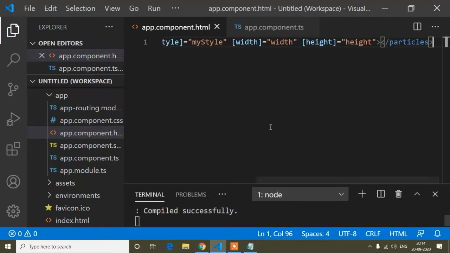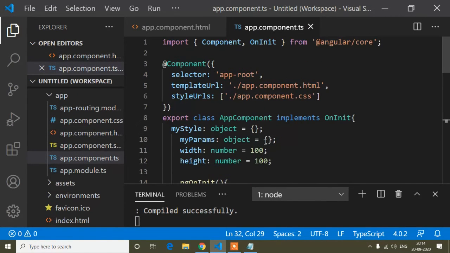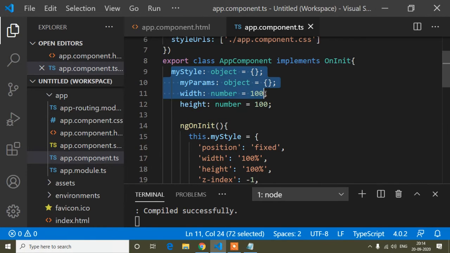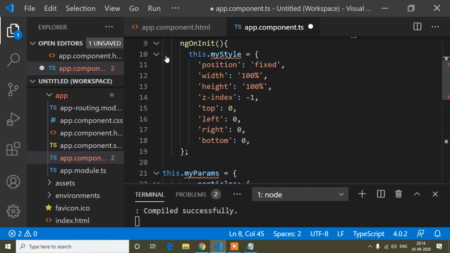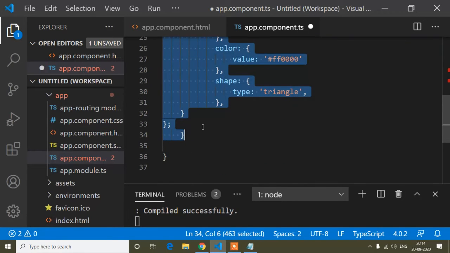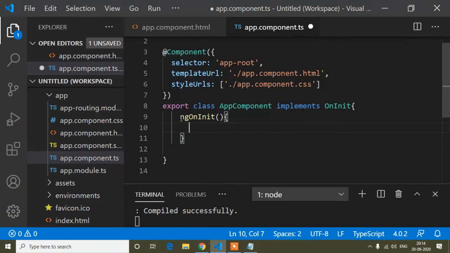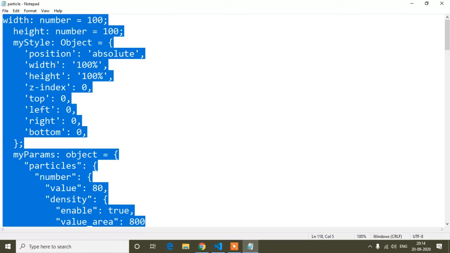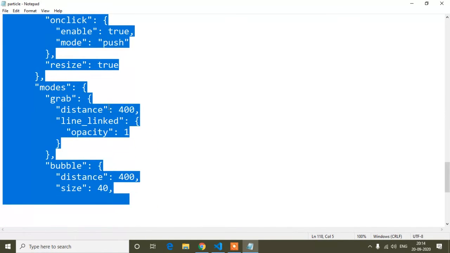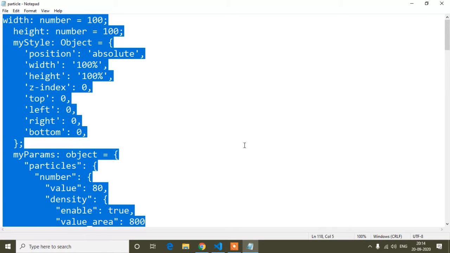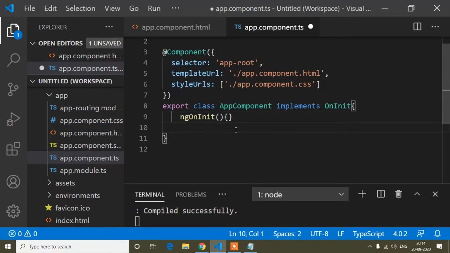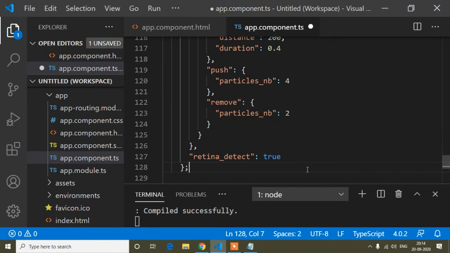Now instead of that one, I will remove that, and the ngOnInit code, I will remove that code also, which I modified from the particle.js official site. I will provide this code in the description. You check the link, and now just paste this code here below the ngOnInit.